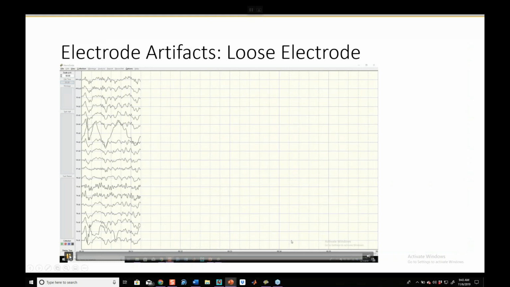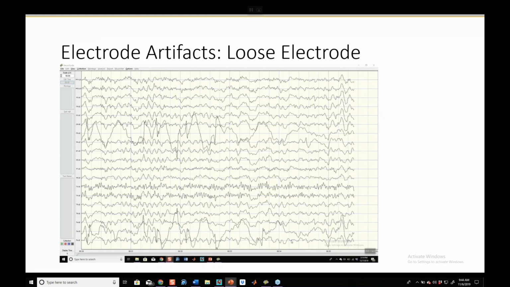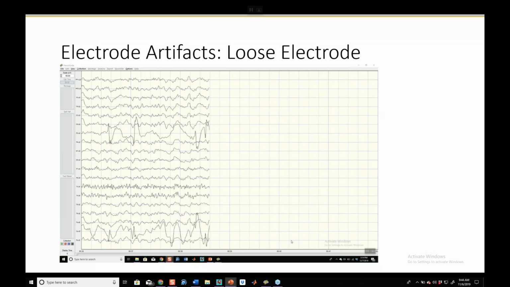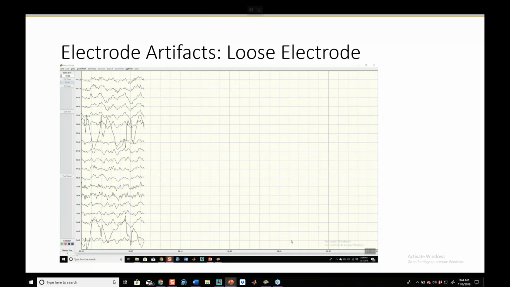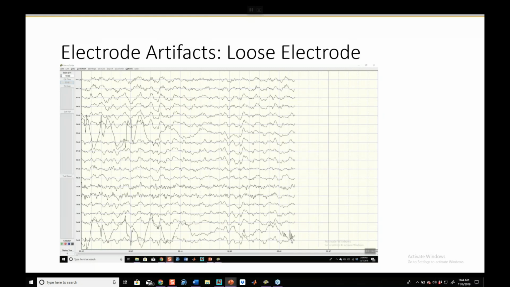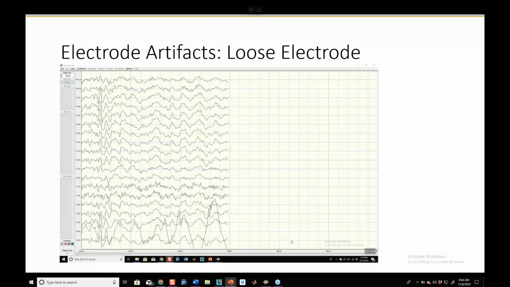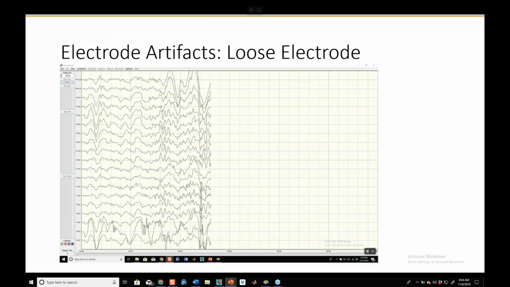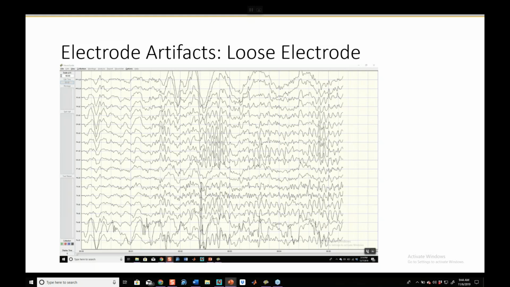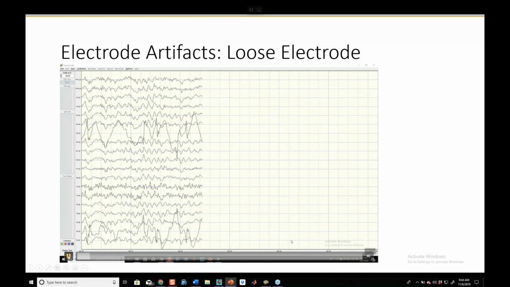So pay attention. And you might say, oh yes, I see that there. Now there's not one but two, right? There's one in the middle, and then there's one near the bottom. And then they stabilize again. That one near the bottom, he sure is doing his own thing. So I know for a fact that what we have is a loose electrode, or in this case, a pair of loose electrodes. This is a particularly sneaky recording, because in the beginning here you see, wait a second,